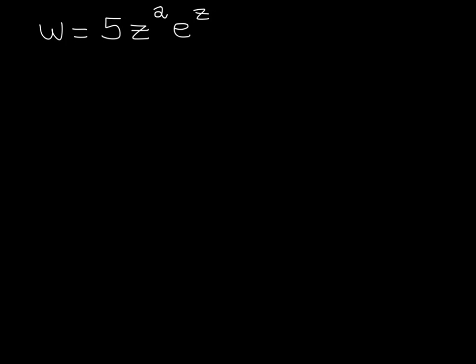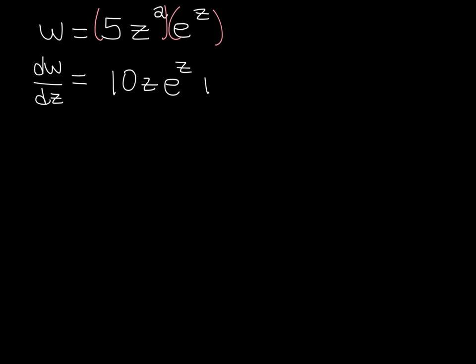All right, we want to find actually the first and second derivative. So the first derivative, the change in w over change in z, dw dz, I can see that this is actually a product. Those two are being multiplied. So the product rule says take the derivative of the first one, which would be 10z, because I'm bringing down the power, 2 times 5, 10, and then subtracting 1, and then leave the second one alone, plus leave the first one alone,